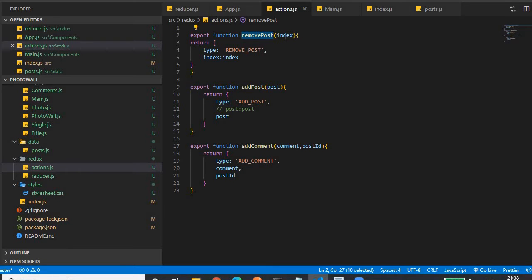If you want to provide any parameter to the action, as the payload, we can do that here. This function always returns an object which should have a type, some hard-coded type, along with the payload. Actually this object is called the action, and the above function is called the action creator, the function that creates an action. Similarly, this is the action for remove post, this is the action for add post, this is the action for add comment.